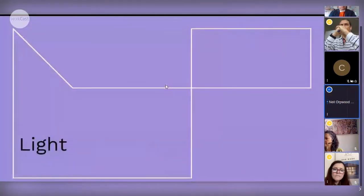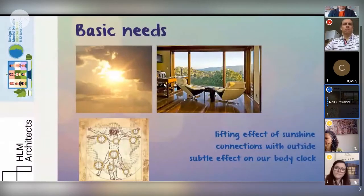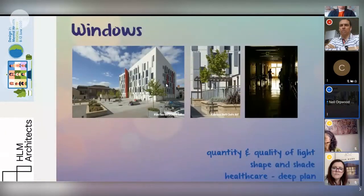So using as topics, as I said, the basis of the WELL Building Standard, we all know the importance of light, that ability to be picked up by a bright sunny morning, that ability to see within buildings, particularly healthcare, because of the deep plan arrangements we have by necessity in some instances. Those spaces can have a reconnection with outside, so that we can maintain our body clocks in a sensible way. The design of windows, of course, isn't just about getting that light in;